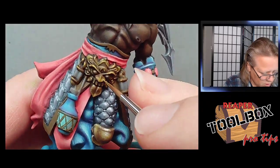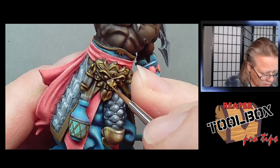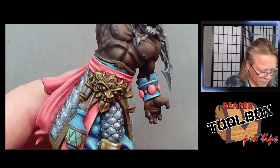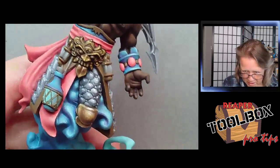So I do need to put a little bit of a highlight here. All right, so that's all looking pretty good, but now we need that white highlight. So we need to look at